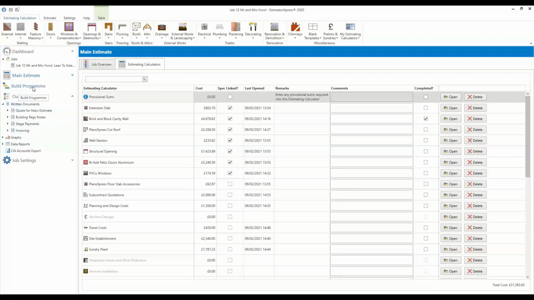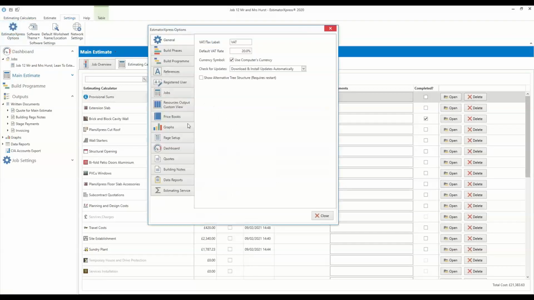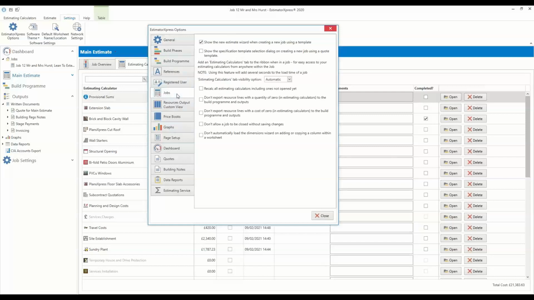Before we go into the build program, there's one setting that I would just like us to change. So on the toolbar at the top of the screen, you'll see there's a settings tab. If you click on there and then go to EstimatorXpress options, and on the left hand side, about 6 or 7 lines down, we've got the jobs section. If you click on that,